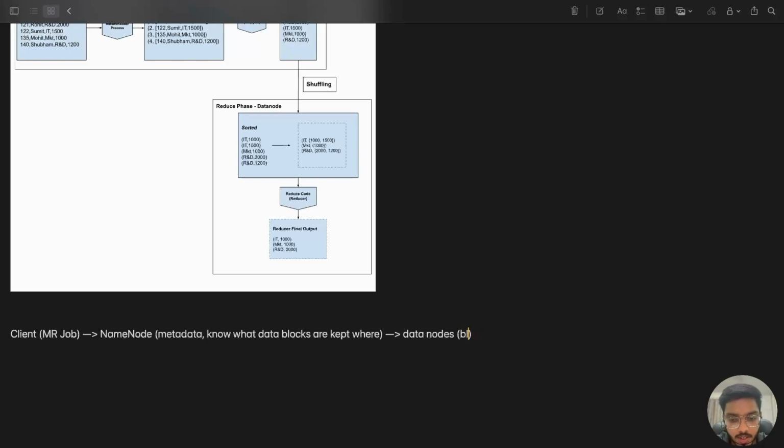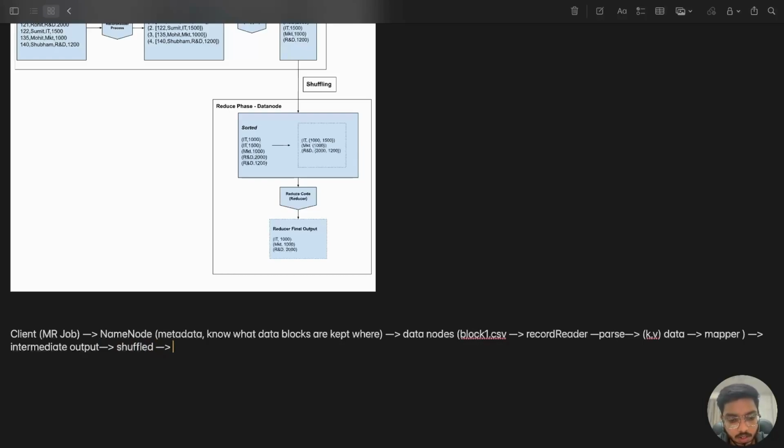So if we have, let's say, block 1, which is, let's say, a CSV file, it will be read by the record reader, basically parsed by the record reader, and converted into key value format, key value data, which is again processed by the mapper, and we will get some intermediate output. This intermediate output will be shuffled,